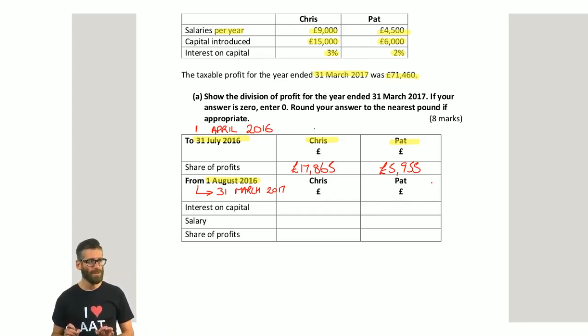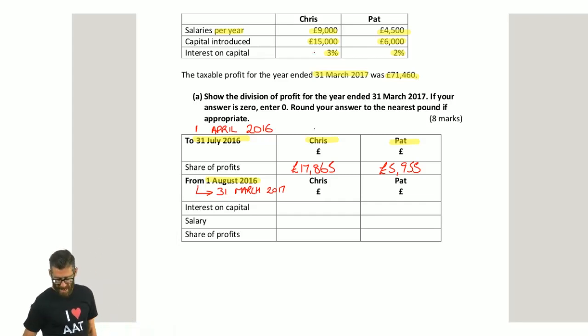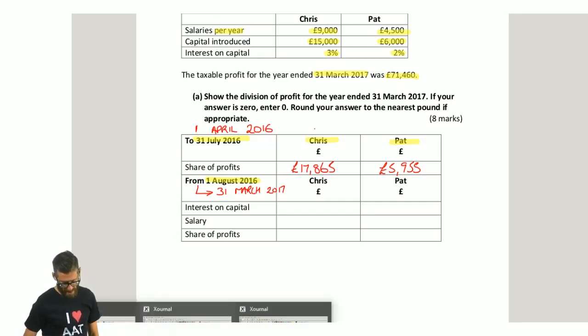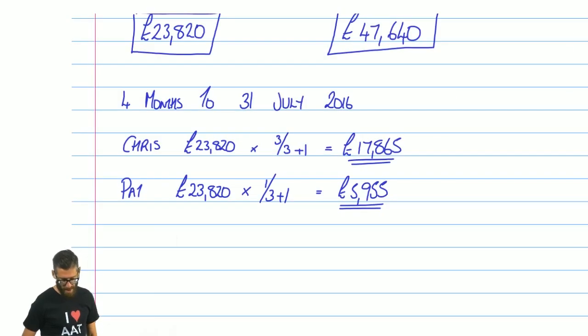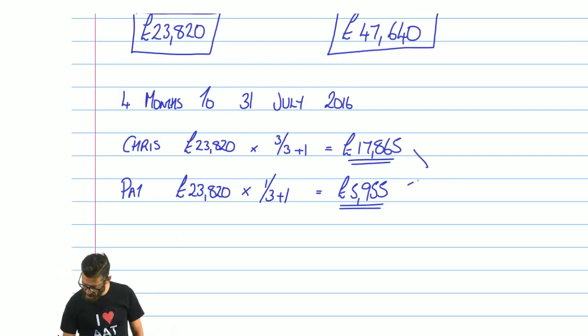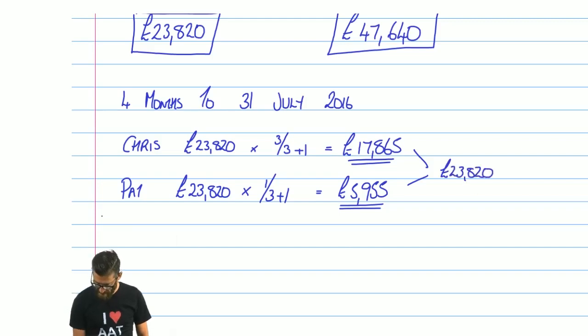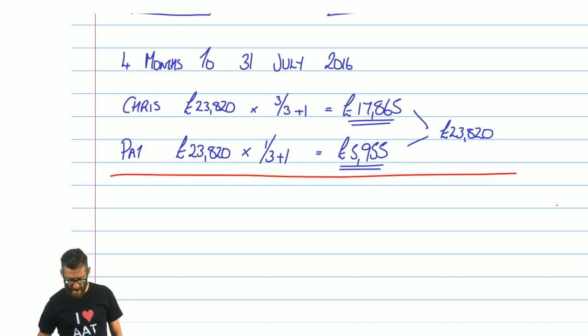Any questions? Fantastic. Let's go back to my workings document. And that, by the way, does give 23,820. Now, I'm going to change colour and I'm going to draw a line under this